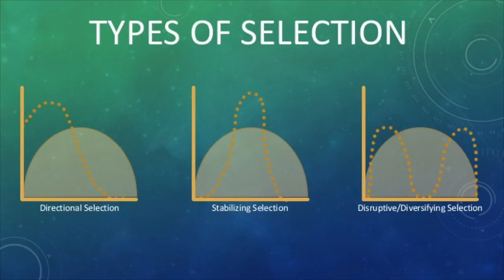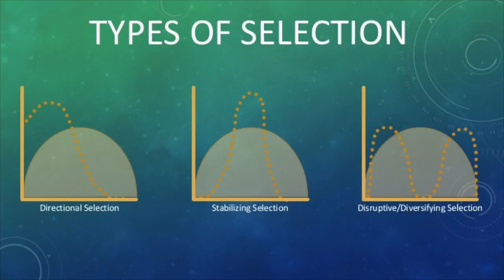All three types deal with traits that already exist in the gene pool. We are not talking about genetic mutations here. It can be a trait as simple as varying lengths of tails in tigers. In stabilizing selection, we see an influx in the number of individuals that display the traits in the middle of the normal spectrum for said trait. With our tigers, this would be a medium tail length. In directional selection, we see an influx in the number of individuals that display traits on either extreme of the normal spectrum for said trait. With our tigers, this would either be short tails or long tails, but not both at the same time.